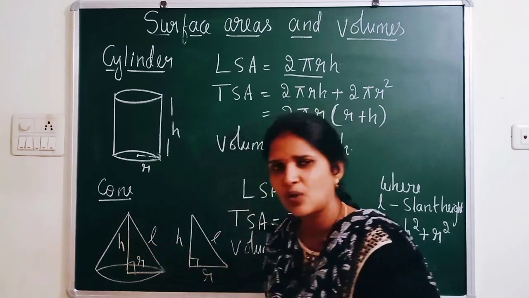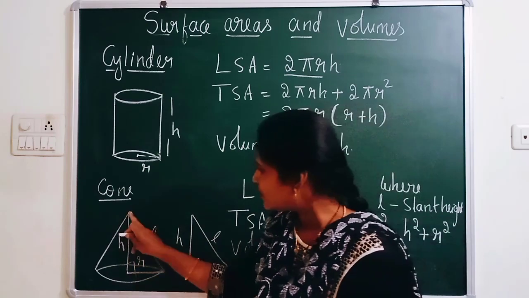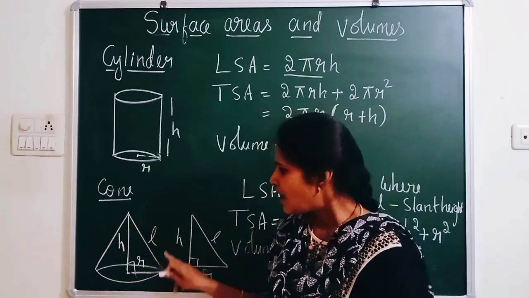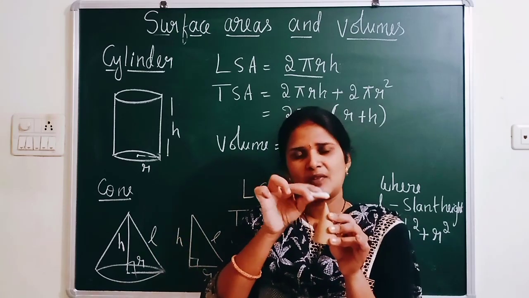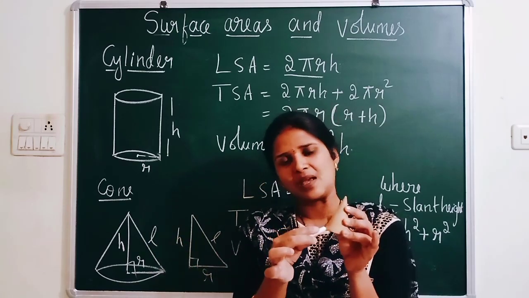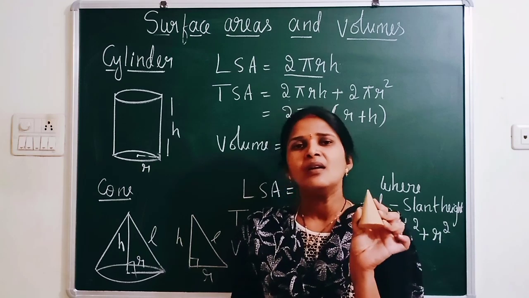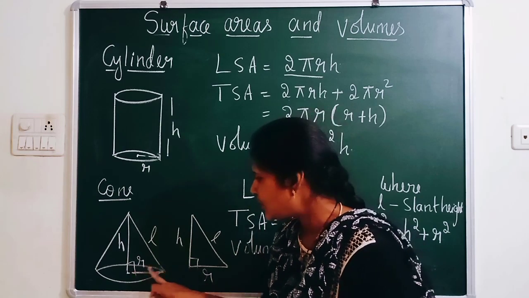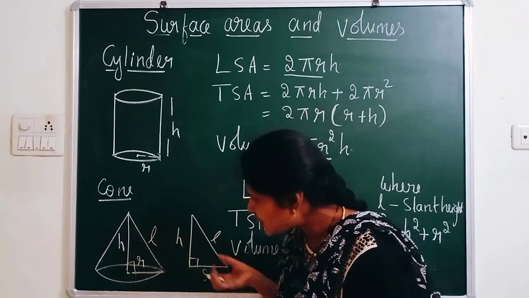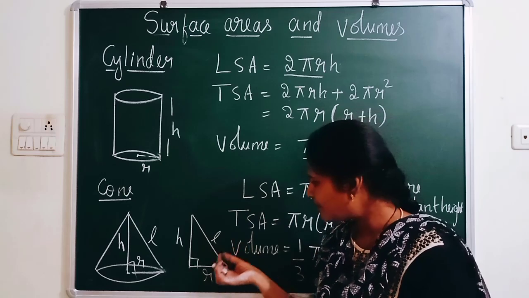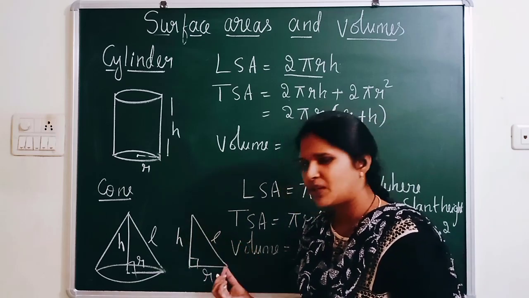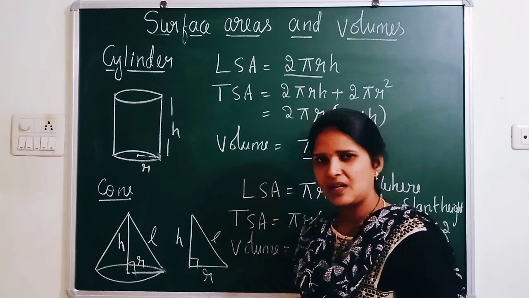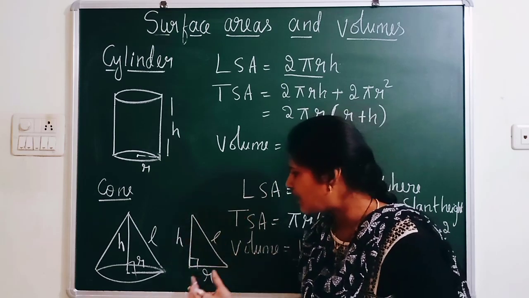Height is always what? Perpendicular height. So this is the perpendicular height, and you know that this is always perpendicular to the radius. From the top vertex to the edge of this circle, this is nothing but the slant height. So this is L, the slant height, and this is the radius R. If you take a cross section of that triangle, you can get a relationship between H, L and R. Without understanding L, I can't explain LSA, TSA and volume. So let me explain now what L is.